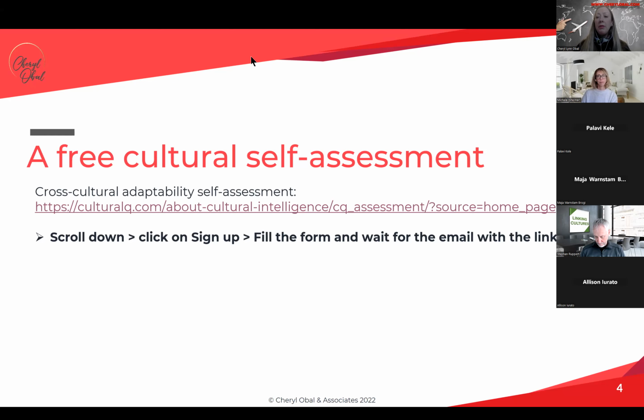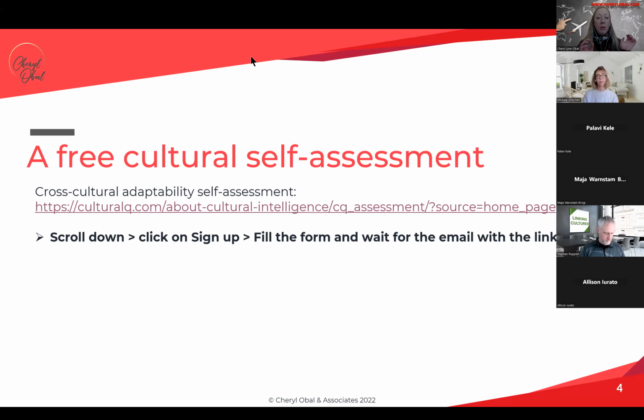Receive a complimentary CQ analysis. So you go here and you sign up. Click sign up. Now, of course, this is a marketing tool for this company. So they want you to enter your information and then you're going to be on their mailing list. But you can just get yourself off if you don't want to keep receiving those mailings. The email serves to send you a link to perform the assessment, so it's not like you can just do it automatically.